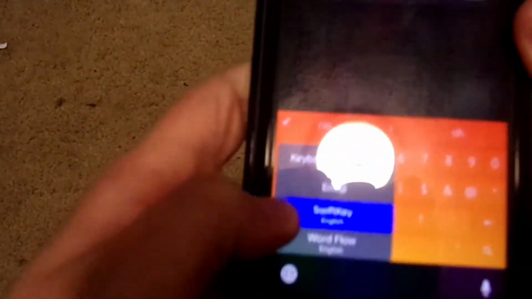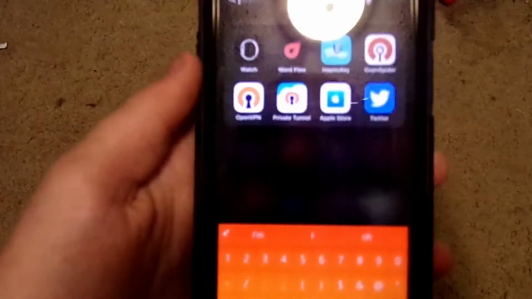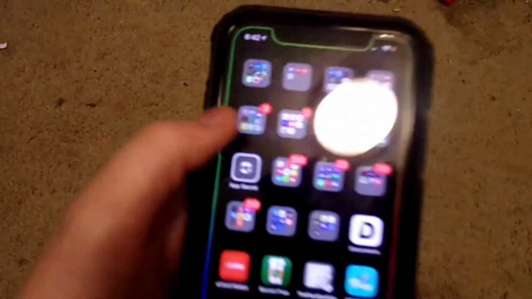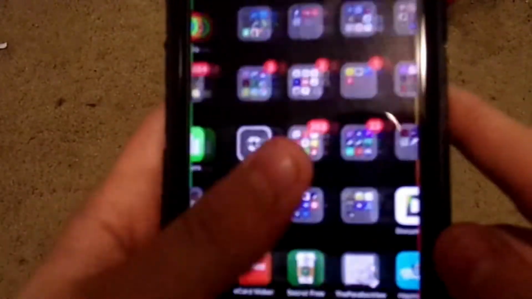If you click the little world icon right here, and then you slide it over. Now I actually have my regular keyboard disabled, so I can't actually show you that,